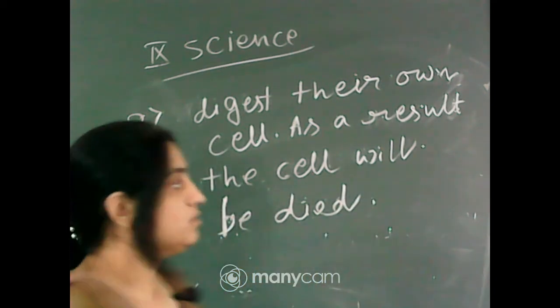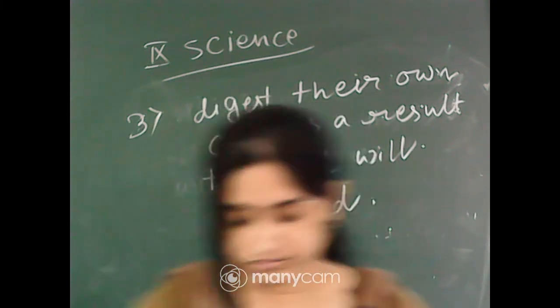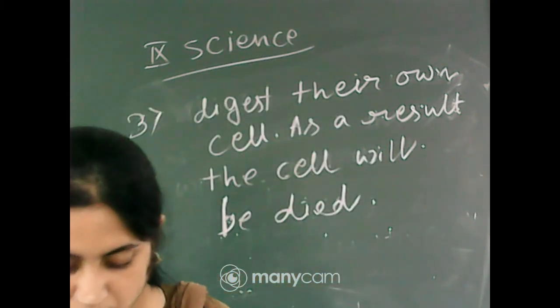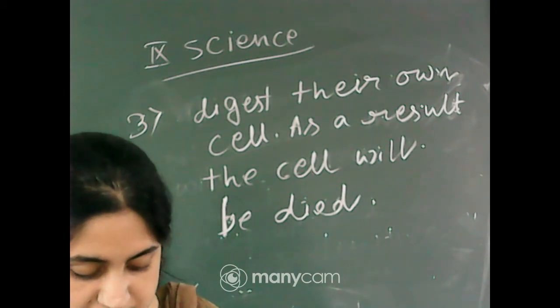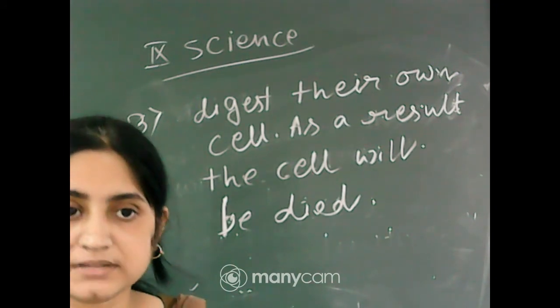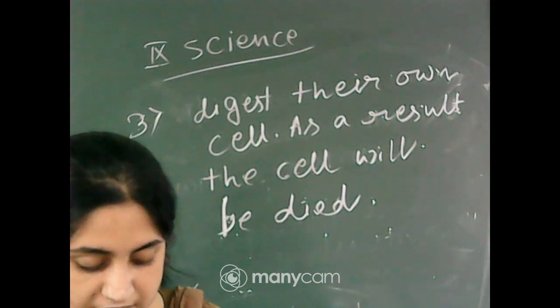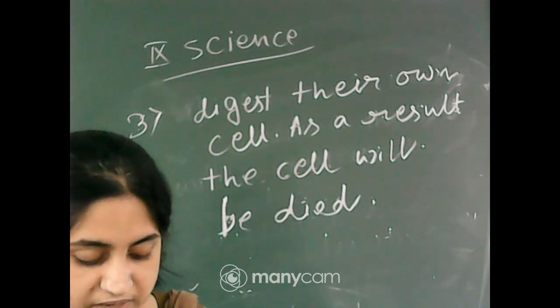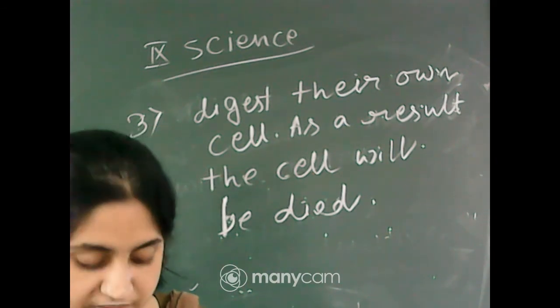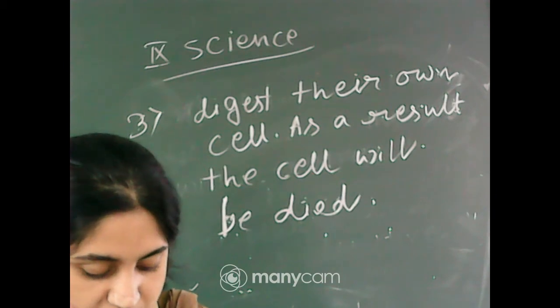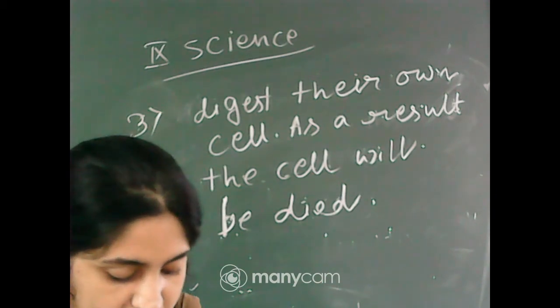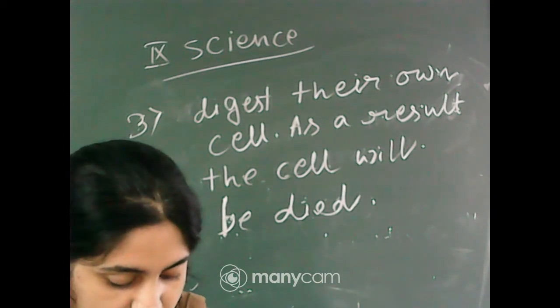Okay, so this is the answer of question number 3. Next question: what would happen if in the life of a cell there is no Golgi apparatus? What are the functions of the Golgi apparatus? That is the storage, modification and packaging of the products in the vesicle. If there is no Golgi apparatus in the cell, all sorts of storage, packaging, and dispatch of material within and outside would be impossible.